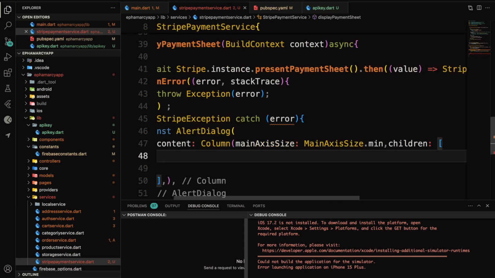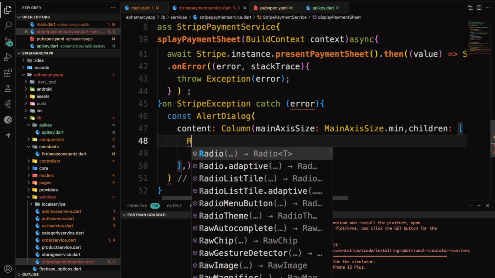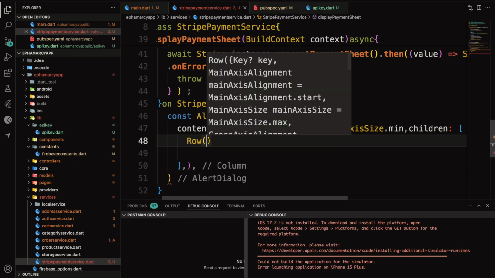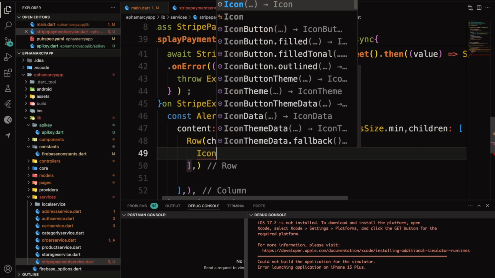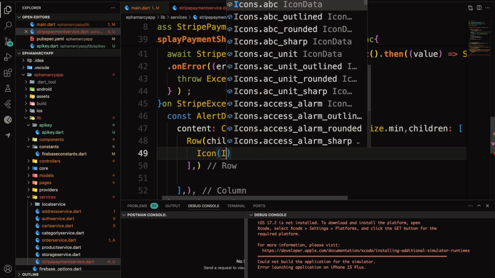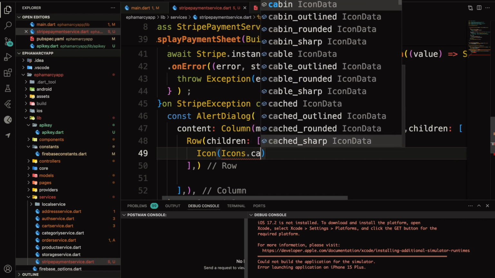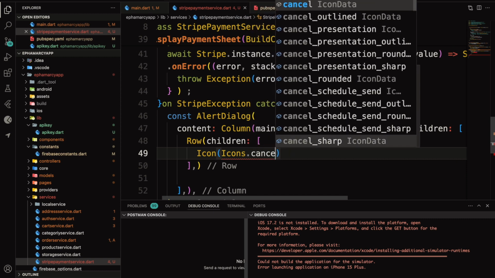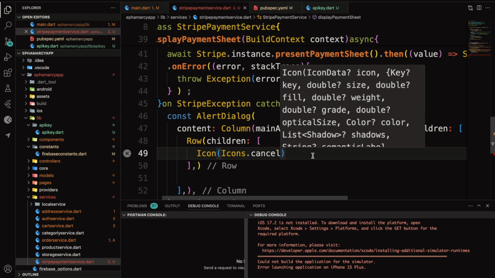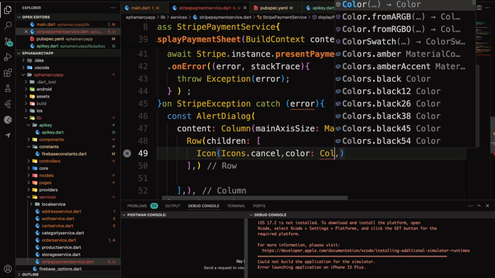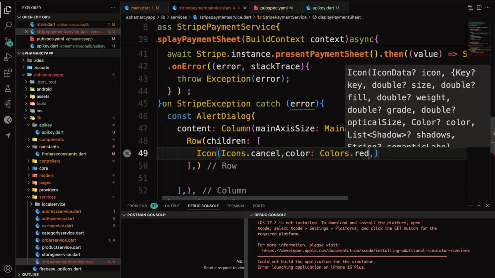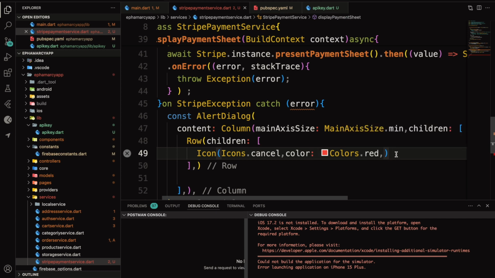And then below we just need to display items in a row. Okay, and then icons dot cancel. And then we need to provide a color dot red,